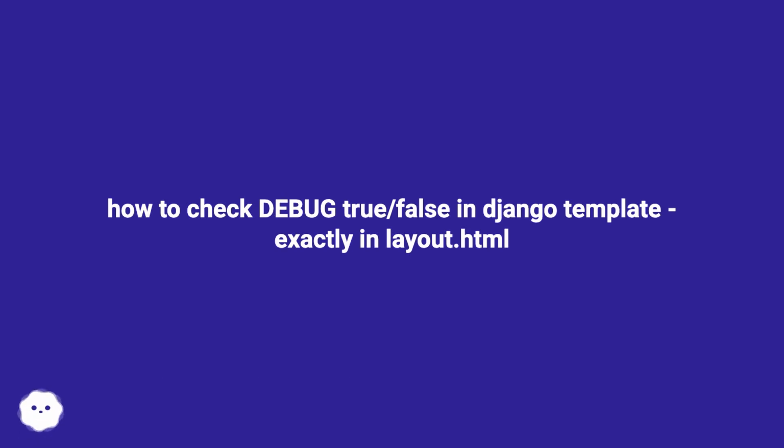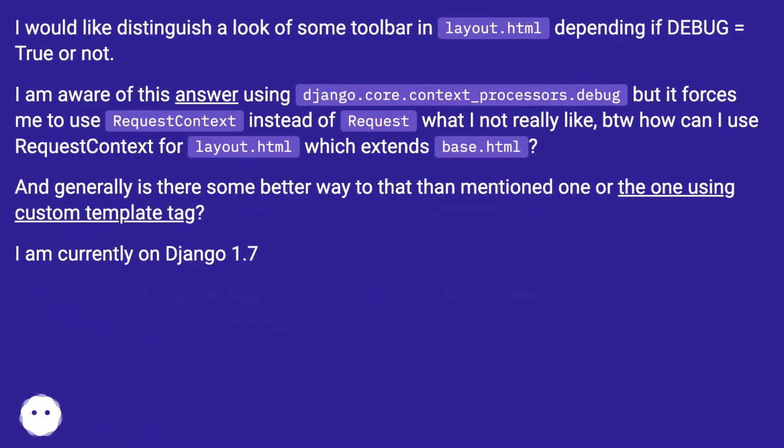How to check debug true/false in Django template. Exactly in layout.html, I would like to distinguish a look of some toolbar in layout.html depending on if debug equals true or not. I am aware of this answer using